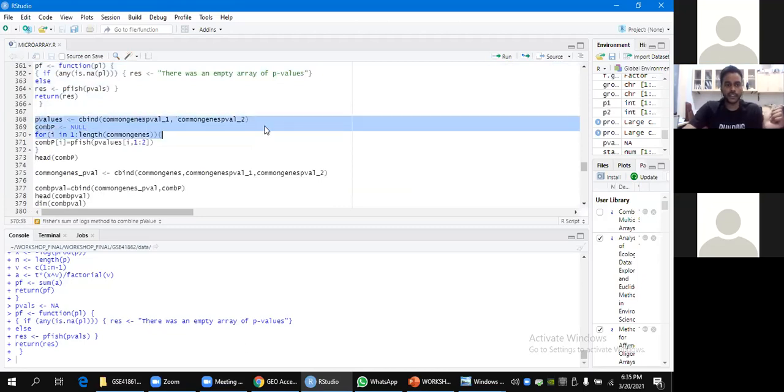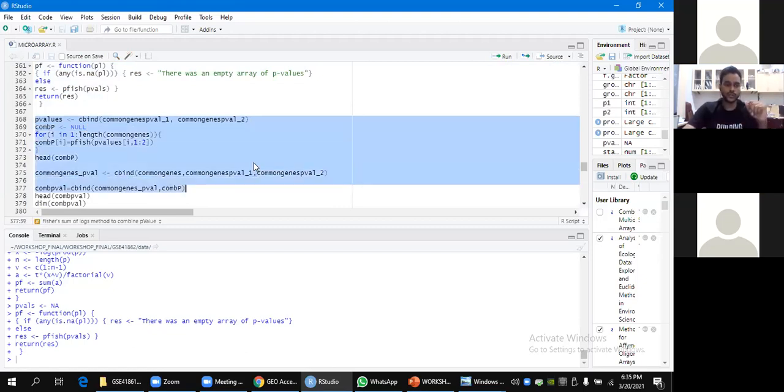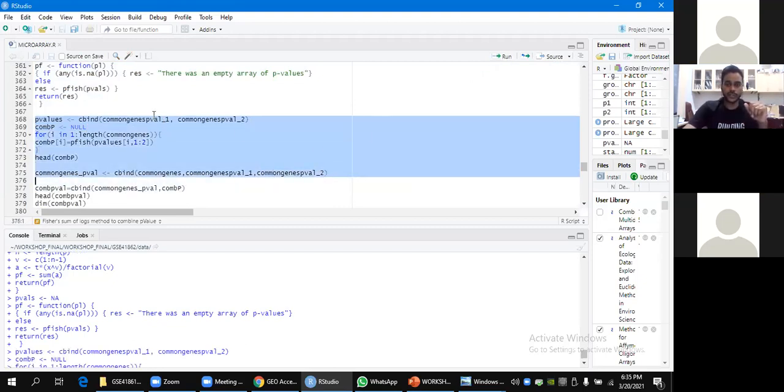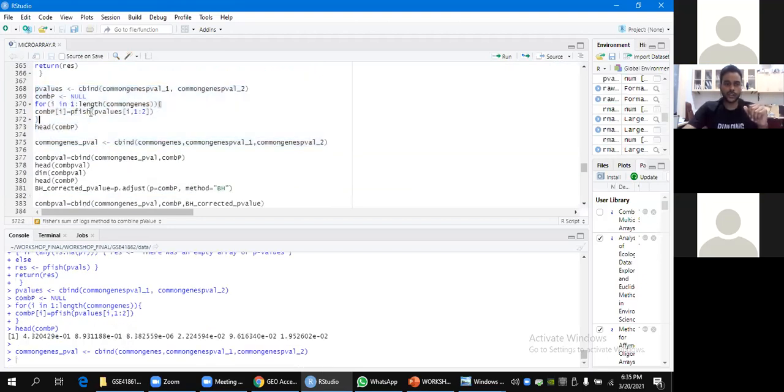Creating the p-values, combining common genes p-value 1 and common genes p-value 2, giving them as input to the function pfish.